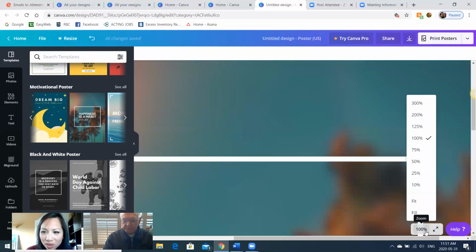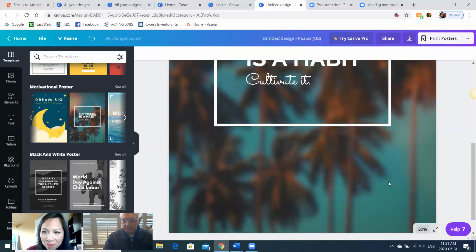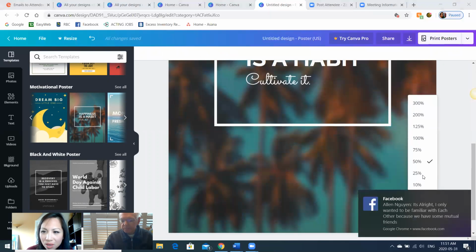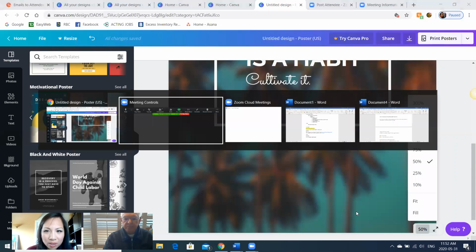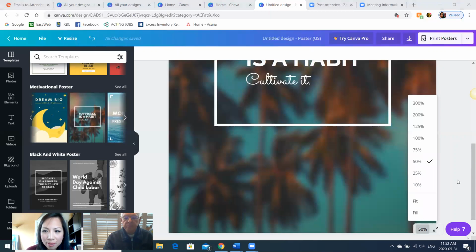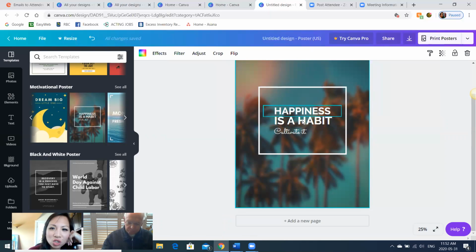So when it comes to poster, I work with either 25% to 50%. See, this is good enough for me to see, but it doesn't show me the entire look. So then I go back to 25%. Give me 1 second. Okay, there you go. So let's go back to 25%. Perfect. So now you're going to see once you click on the poster, it allows you to then change any